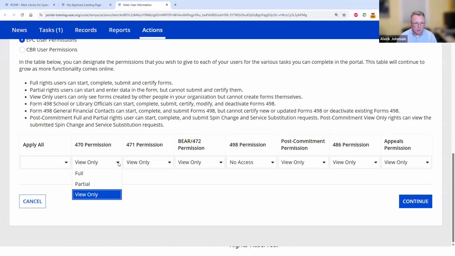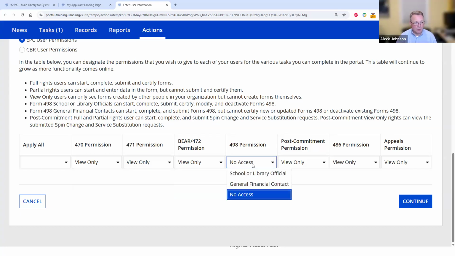So the difference between these: view only, as the name implies, just allows you to view. Partial allows you to data enter the form and edit the form, but does not allow you to certify a form. And then full allows you to certify the form. Now, these rights are the same for most of the forms. There are some exceptions. So the 498, for example, here in the middle, you have 3 levels of access, which are